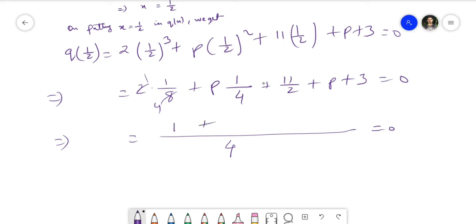1 into p is your p, plus if you divide 2 by this, then you will get 2. 11 into 2 is 22, and as you can see this is upside, nothing downside, so 1. So if you divide 1 and 4, then you will get 4. 4 into p is 4p, directly multiply, simple. And this also you can directly multiply because no fraction downside, so we can just write 12 and equal